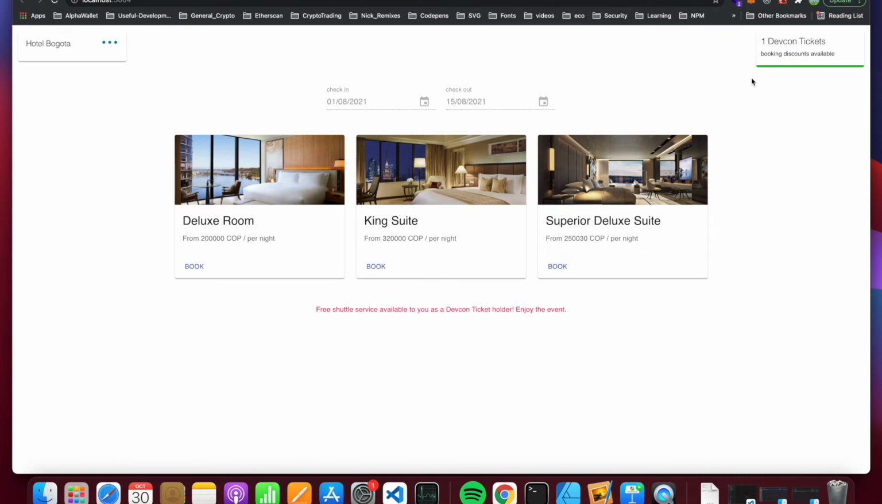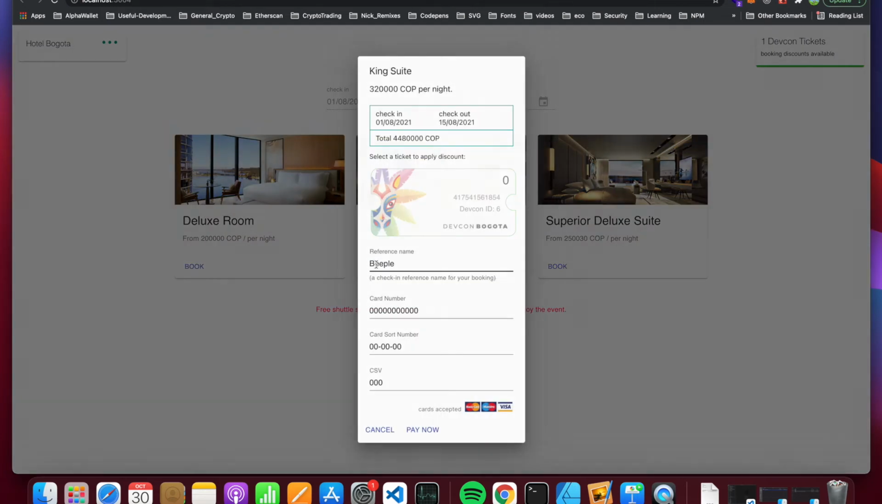So in this example, we've created some components which basically just show the update of the token. So we can see that the token's already been found and negotiated on load of the page. And we also have a free shuttle service available as a DEFCON ticket holder, for example. And similar to the other example, we can select which token we want to use or utilize, and then we